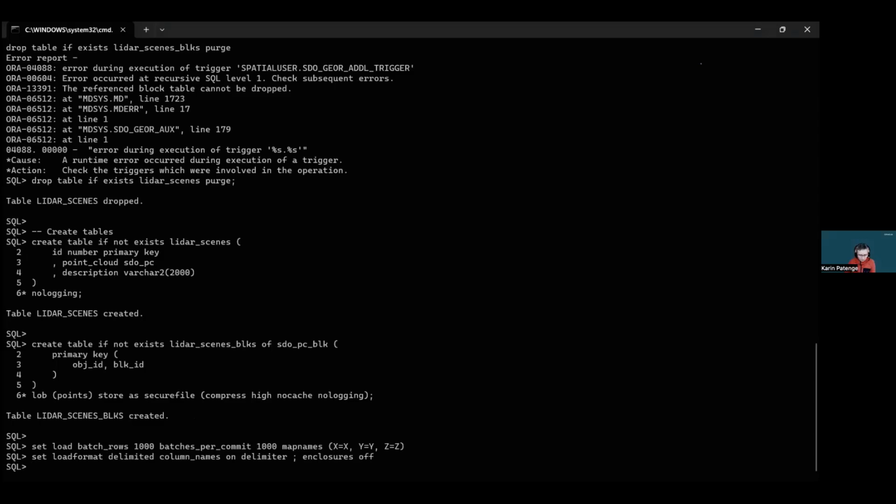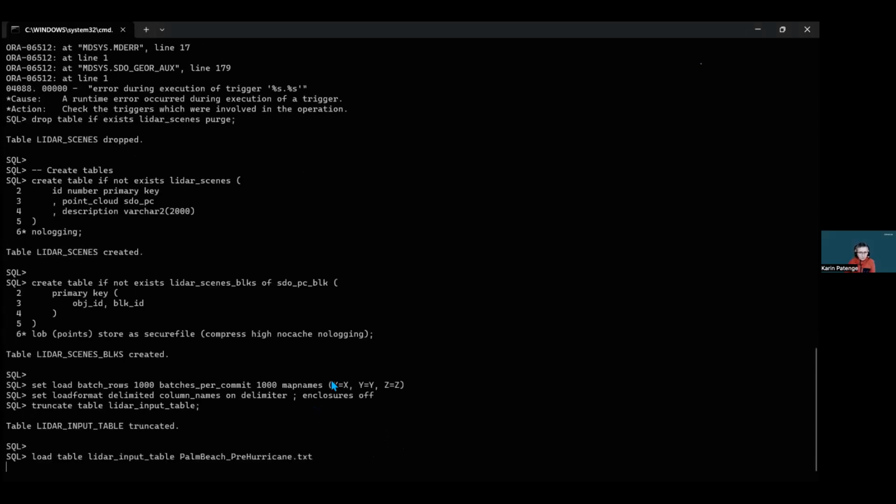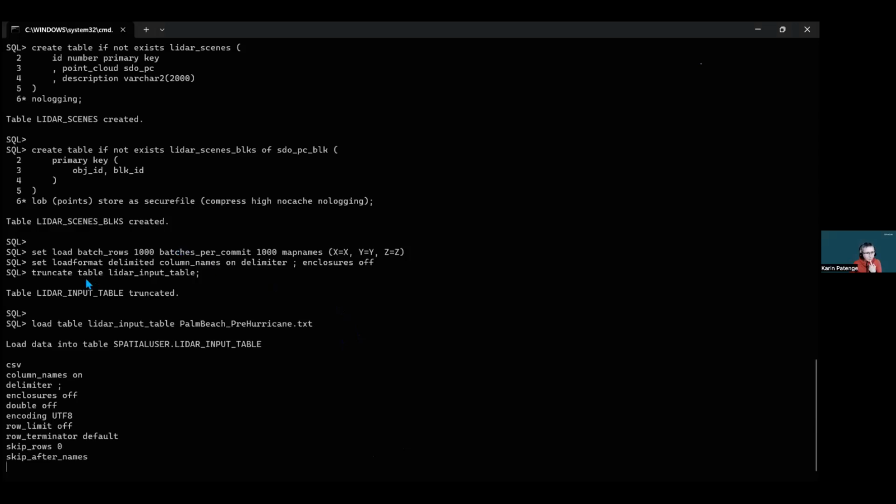And now let's do the actual load. So I've cleaned up the table, the input table. Then we can use SQL Loader, SQLcl, I'm sorry, and the load command in SQLcl to load the text file and the content of the text file into the LiDAR input table, which has this very flat structure, which we can later on use to create the actual point cloud objects from those LiDAR